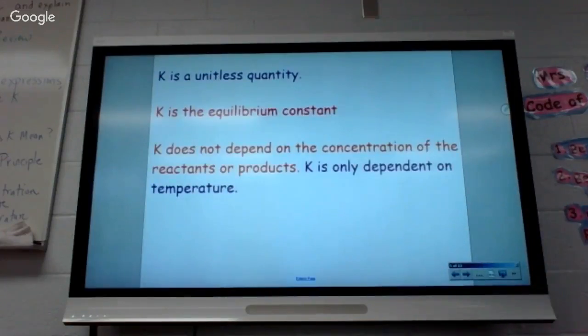First of all, you're going to love this part. K is unitless. So for those of you who cannot remember to put a unit on K, don't worry, there's no unit. It's one of 2 quantities that we will do. The second one we probably won't get to in chemistry that has no unit. K, and some of you are probably familiar with pH. pH is the other one that has no unit. pH is just a number, K is just a number.